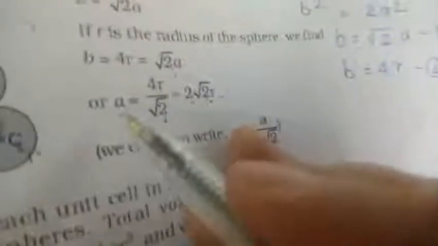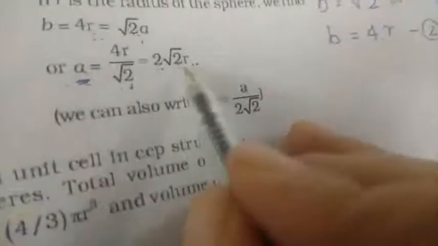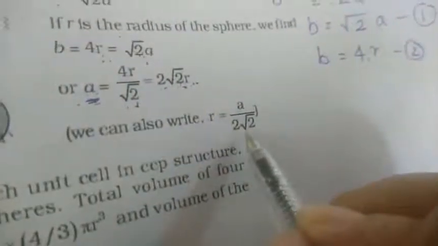Now, we have got the formula of A from here. Later on, I'll share a table because that will be needed for doing the numericals. These are the small formulas which are made in between the steps. So, one formula for BCC: if anybody tells you to calculate A, that is edge length, the formula will be 2 root 2R. Or if somebody tells you to calculate the radius, then the formula will be R is equal to A upon 2 root 2.